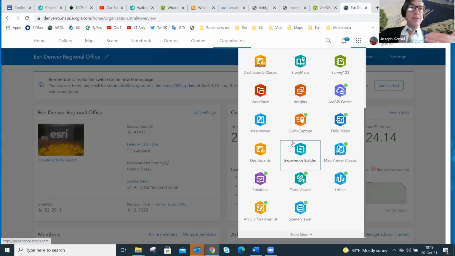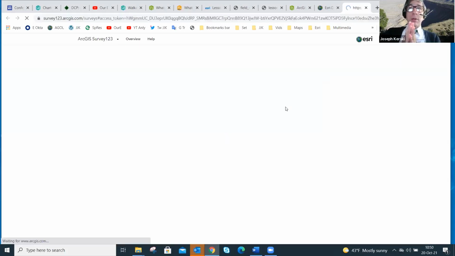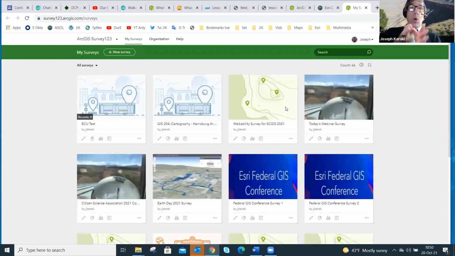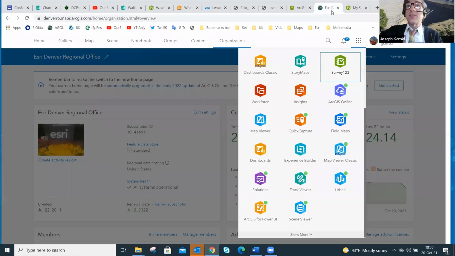Okay, so I'm going to use that second method right here and go into Survey123, and I'm going to start with a survey on walkability. Once you create content in this platform, whether it's story maps, dashboards, or web maps, you're going to get a zone where you can manage your content, which is very nice. And once you start creating surveys, you'll have something that looks like this, where you have your existing past surveys. It's very much analogous to the story maps zone where you have all the story maps that you've created. The other way of looking at the content, of course, is just inside ArcGIS Online.